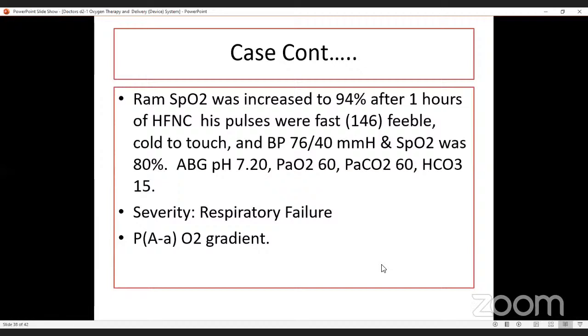केस हमारा कंटिन्यूड हो गया। राम की SpO2 हमने इंक्रीज करके 94% कर दी, HFNC लगा दिया था। आफ्टर 1 hour ऑफ HFNC, हिज पल्सेस वर फास्ट। HFNC भी लगा दिया, SpO2 भी बढ़ गया, लेकिन उसकी पल्स रेट फास्ट है। पल्स रेट फास्ट तभी होगी जब उसकी ऑक्सीजन रिक्वायरमेंट और बड़ी हो, सो दैट कार्डियक आउटपुट से वह पूरी कर ली जाए। तो कंपेंसेटरी ये बढ़ गई हैं ऐसा लगता है, पल्स रेट फास्ट हो गई। कोल्ड टू टच।